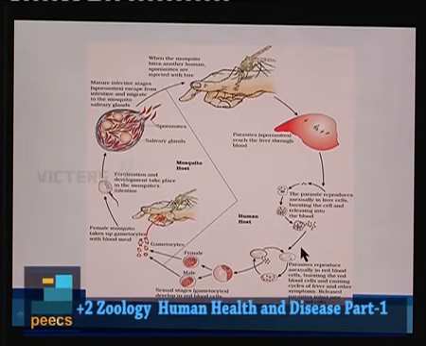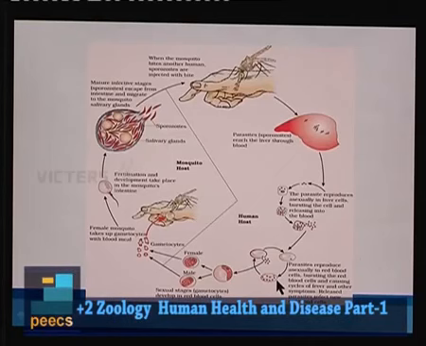So, remember the malarial parasite, first it will reproduce asexually within the liver cell, and then it will reproduce asexually within the RBC. And after the asexual reproduction in the RBC, there will be formation of merozoites, and when these merozoites are released, that is causing the characteristic chill and fever. So, the main symptom of malaria, which is chill and fever, is caused by the release of merozoites. You can see here merozoites are released, and the characteristic fever appears.